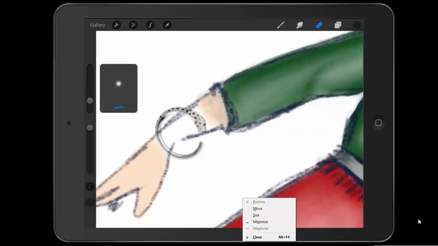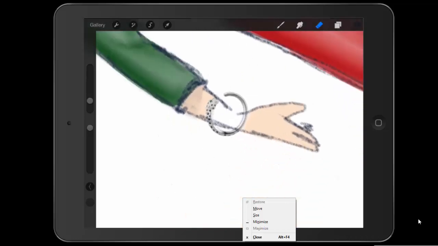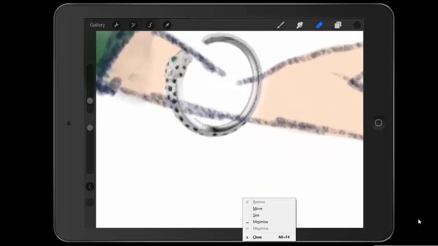Then I'm gonna reduce this, and again, this is just one way of doing it, and this is the quick way. If you're doing this specifically for costume design in theater, or you're just trying to show a mock-up of something so someone can get a sense of what you're creating. I'm still erasing right now, okay? This is all erasing because this bracelet was on a white background, and so I'm just erasing